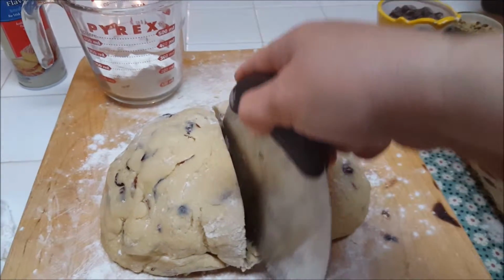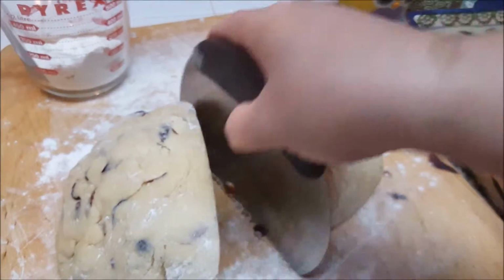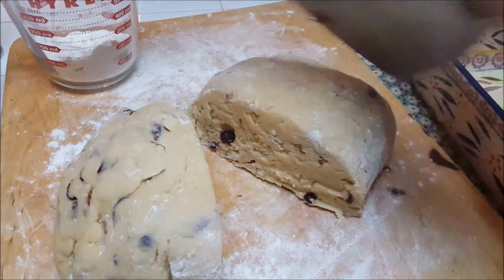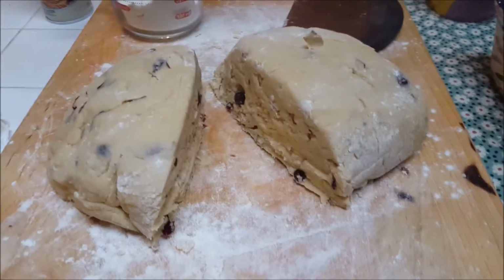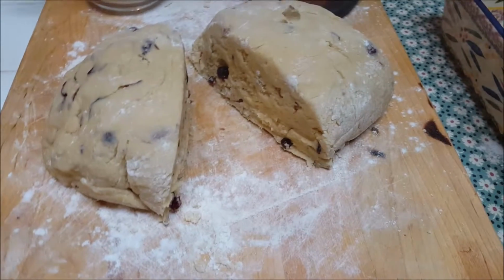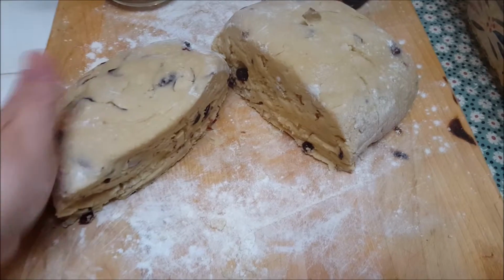You don't have to weigh it or anything like that. This is homemade scratch, so we're not doing any specific bakery, dividing everything evenly because, you know, we're going to sell it that way and make it a fair price for everyone. No, this is home baking and cooking, so we do this as we wish. So I've made two